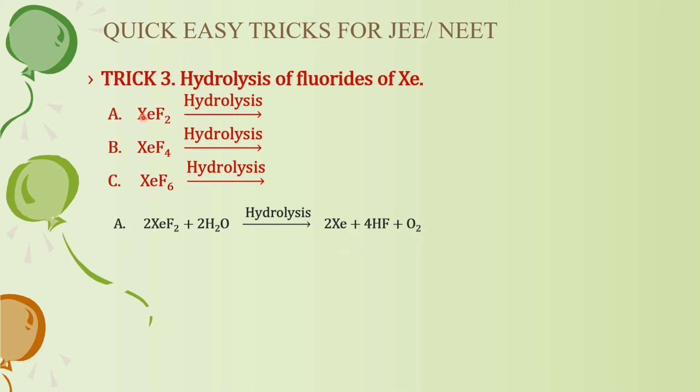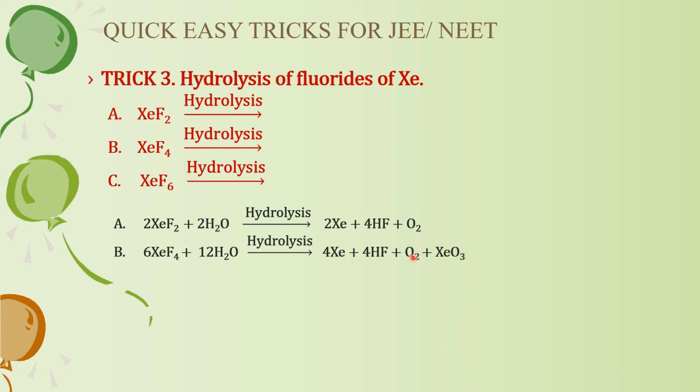Now the next thing is we have XeF4. What is the difference between XeF2 and XeF4? The amount of fluorine has increased. So just understand this, that as the amount of fluorine has increased, the bond between hydrogen and fluorine has flourished. This has become more strong. And when it has become more strong, obviously HF will be formed, right? HF is formed. Xenon, poor soul, was left behind. Oxygen, poor soul, left behind.